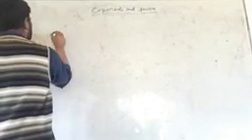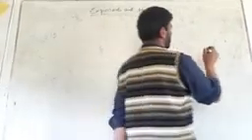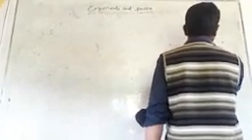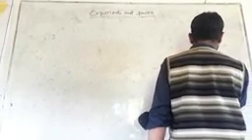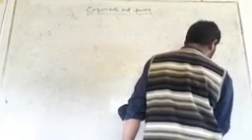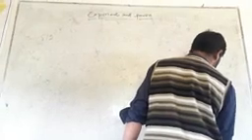We can take another example. If we have the number 512, we can write it in exponential form, or exponential notation. First we take its factors by dividing by 2: 512 divided by 2 is 256, then 128, 64, 32, 16, 8, 4, 2, 1.